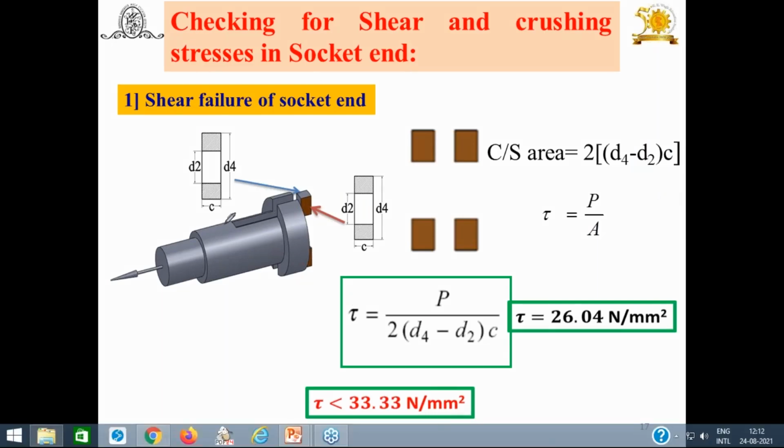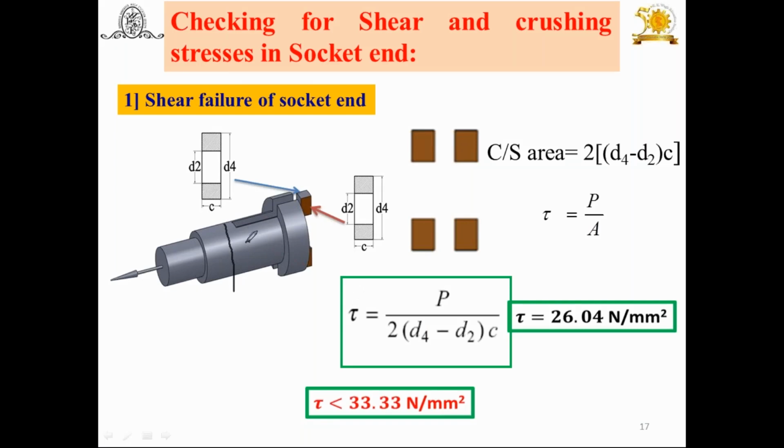Now look at this. This is the socket. Outer diameter is D4. Then D1, and inside, for the hollow portion, this is D2. The outer diameter of the spigot is nothing but the inside diameter of the socket. So it is going to fail because of the shear. These four portions: one, backside, another, and bottom. The total four areas that you have to consider.